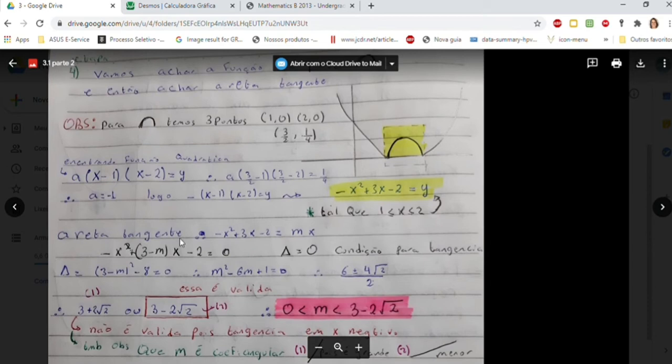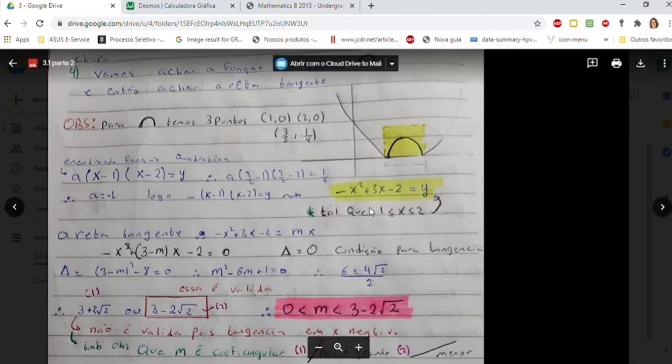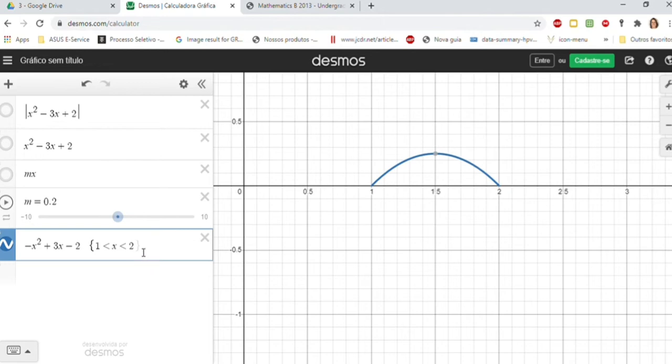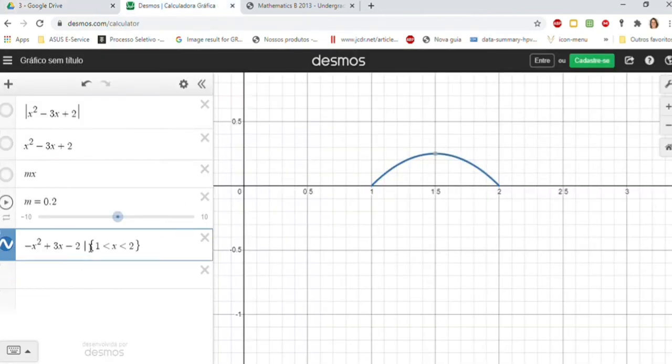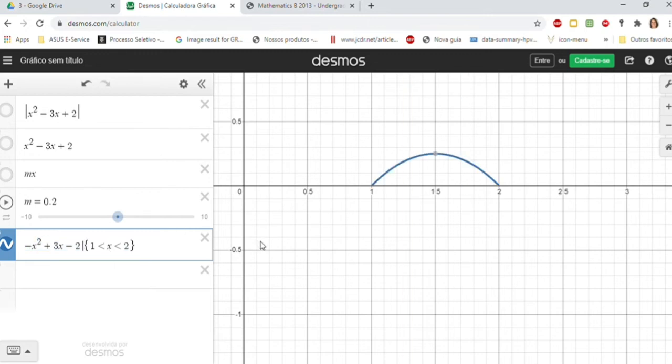Why am I saying this? So this is the function of this part over here, I'm saying that it is equal to m of x. Why? Because I want to find the condition for it to be tangent. How is it going to be tangent? Well, when this equation over here minus x is equal to m of x, if we solve this second degree equation, our delta must be equal to 0. Why must it be equal to 0? Because we want it to be tangent. If it's equal to 0, then it has only one solution,